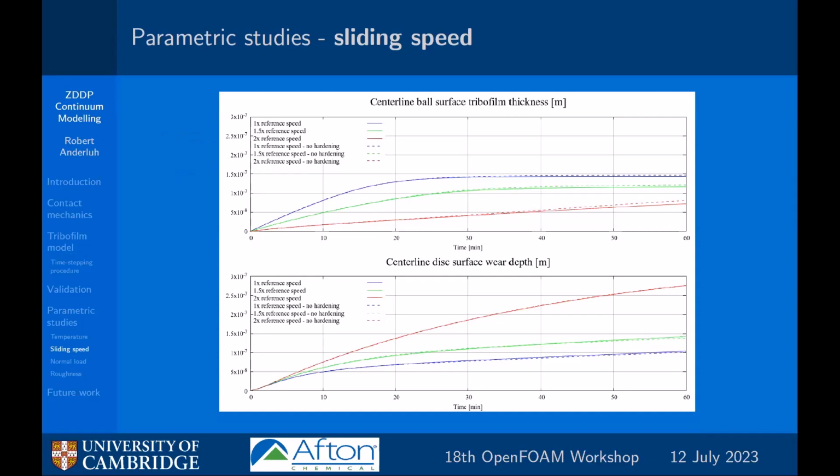And this is a study where we vary the sliding speed, the slip basically between surfaces. Either you change the velocity on the ball or on the disk, that affects the wear behavior, and as we increase the slip, which means there's a higher relative speed of the surfaces, we get more wear and thinner